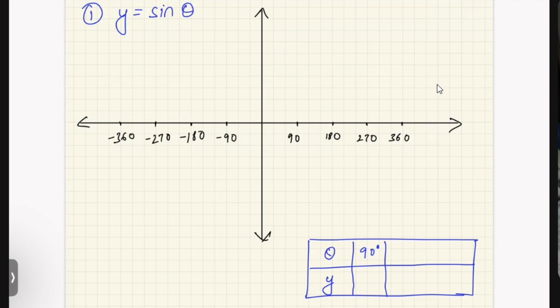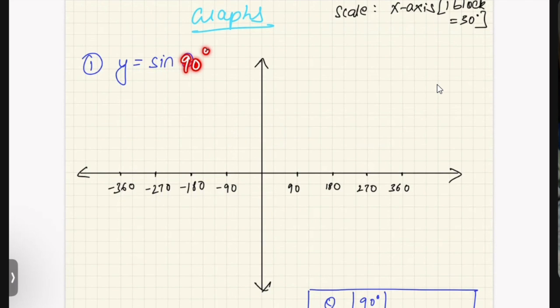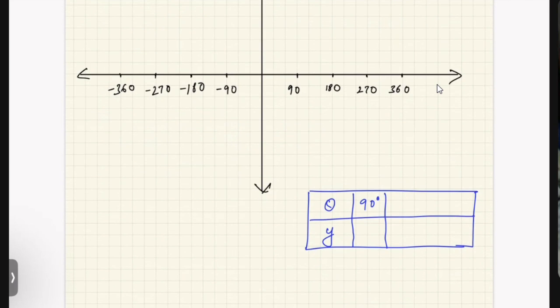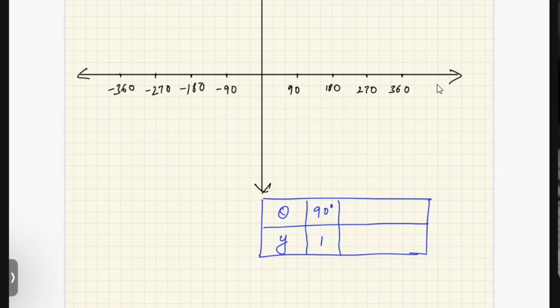Now theta is 90, so sine 90 is how much? You can use your calculator, but the value is 1. So you can form small tables like this. I'll tell you why. Because the question on translation, when they come stretching and all, this will be really helpful. That also comes up, but